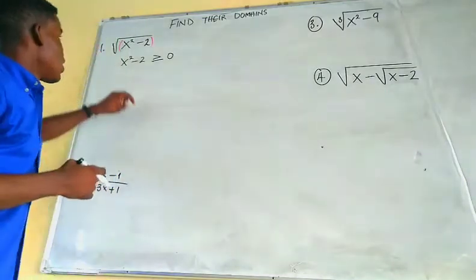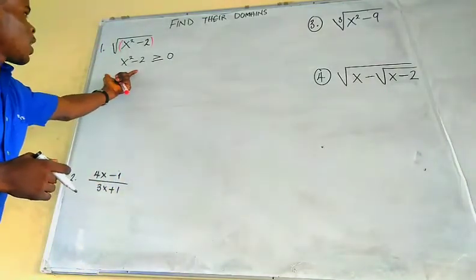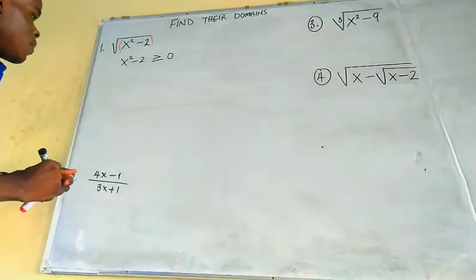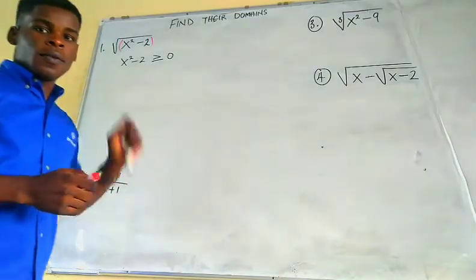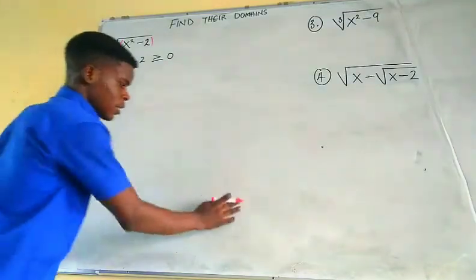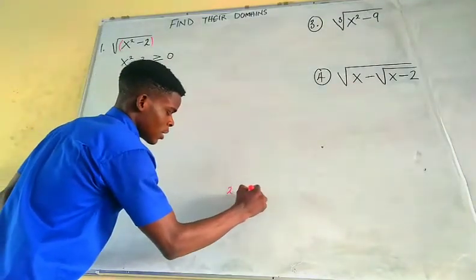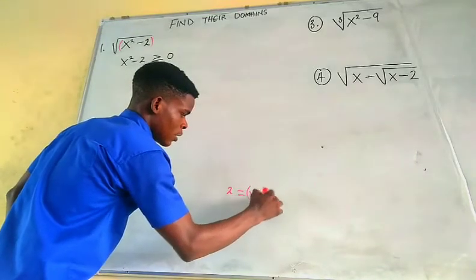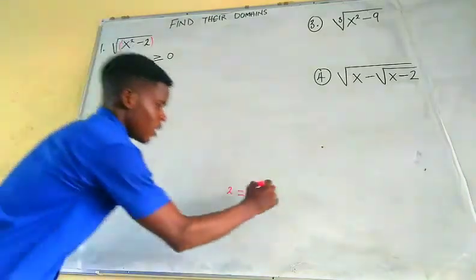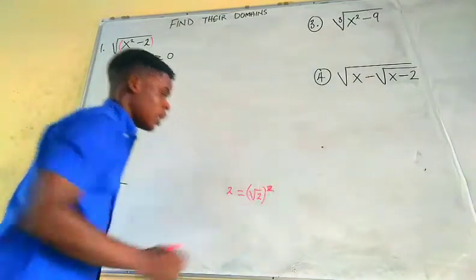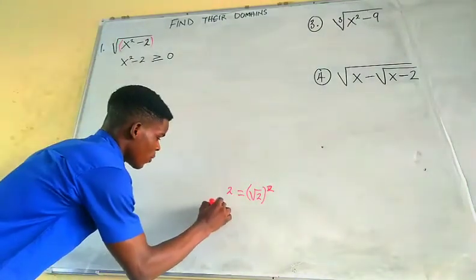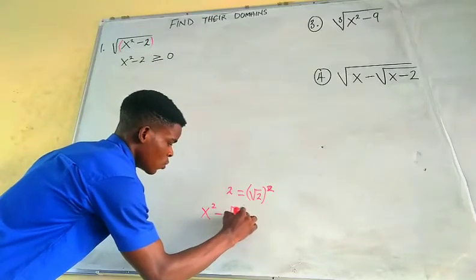Now, on the left hand side, we can go ahead and factor this. By factoring x squared minus 2, I mean we can make it a difference of two squares. 2 right here is the same thing as saying the square of the square root of 2, where the square and the square root cancel out. So I can rewrite this as the difference of two squares: x squared minus the square root of 2